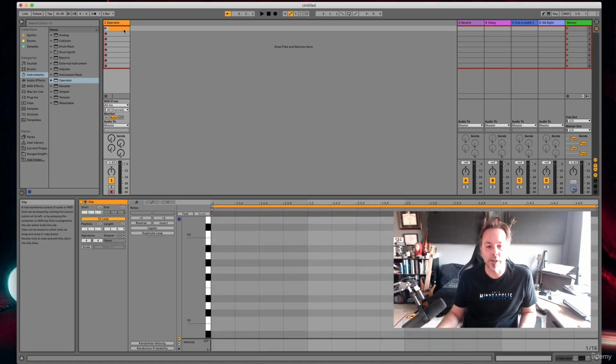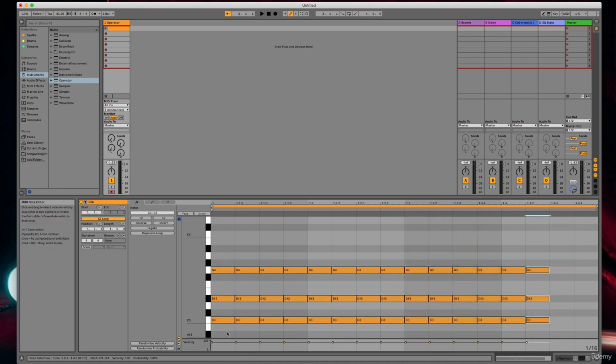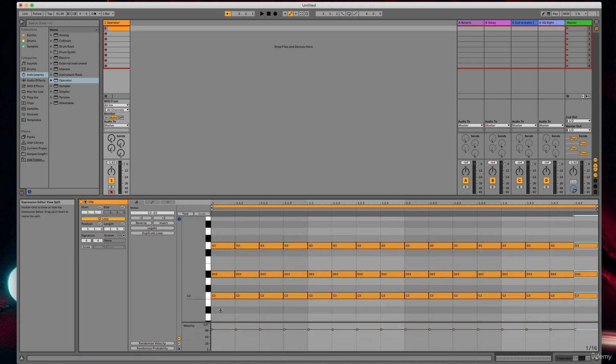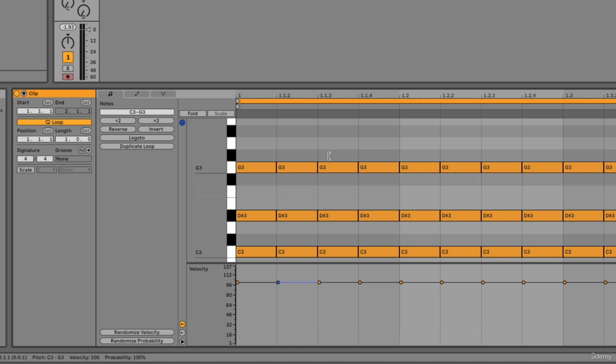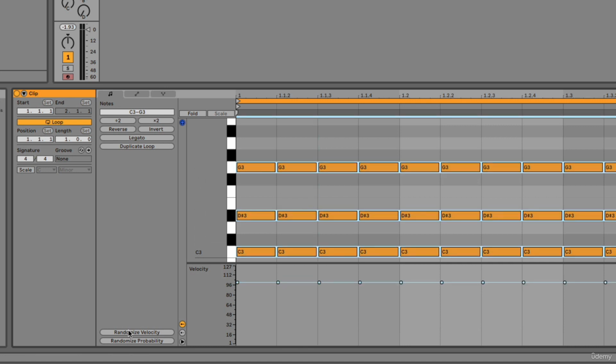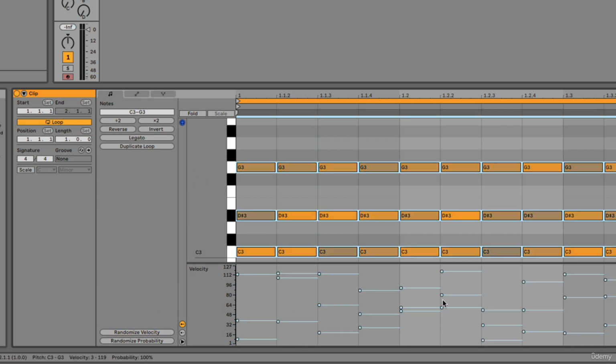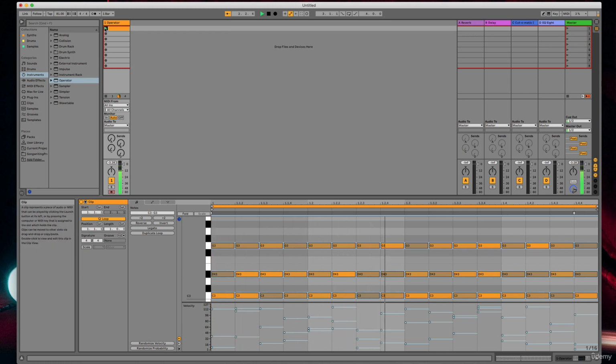Okay, so let's make a new clip and let's just make a C minor triad. I'm just going to repeat that a whole bunch of times. With our velocity, one cool new thing that I really like is randomize velocity. So we can select all, randomize velocity. Boom. Now that's really cool. I think that